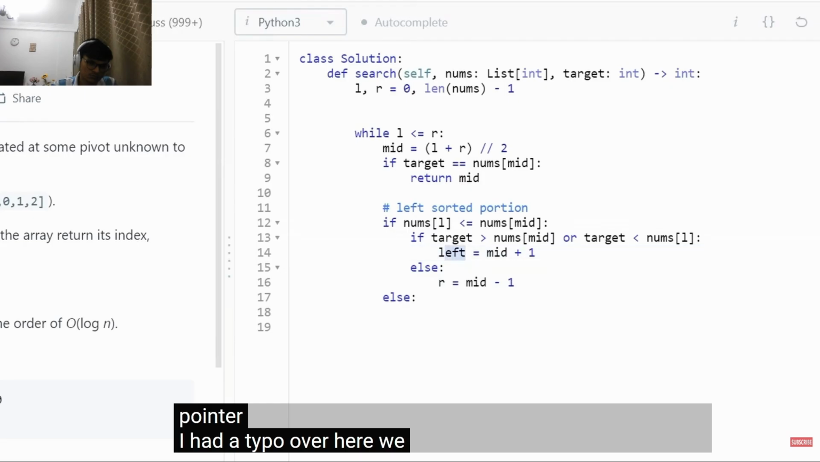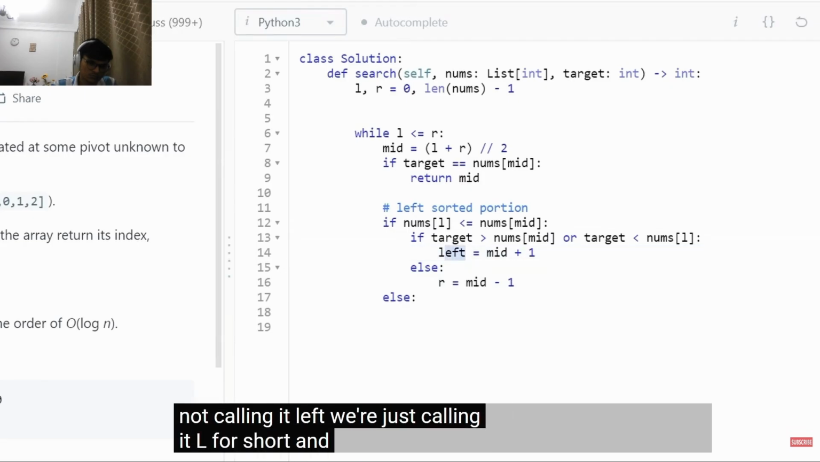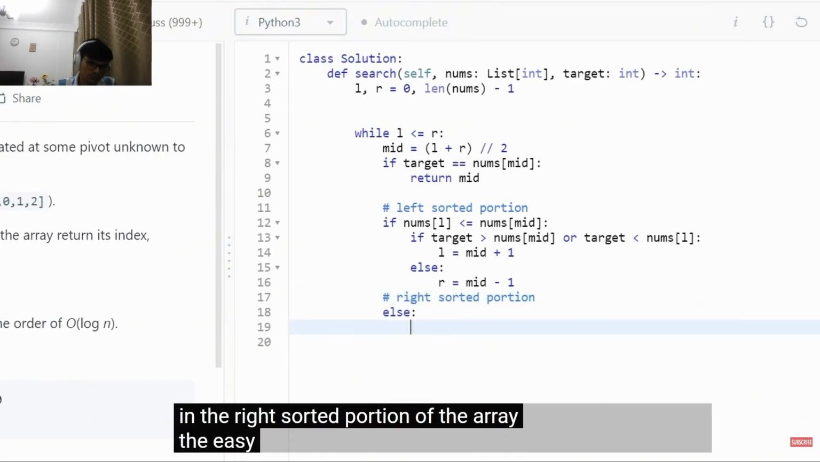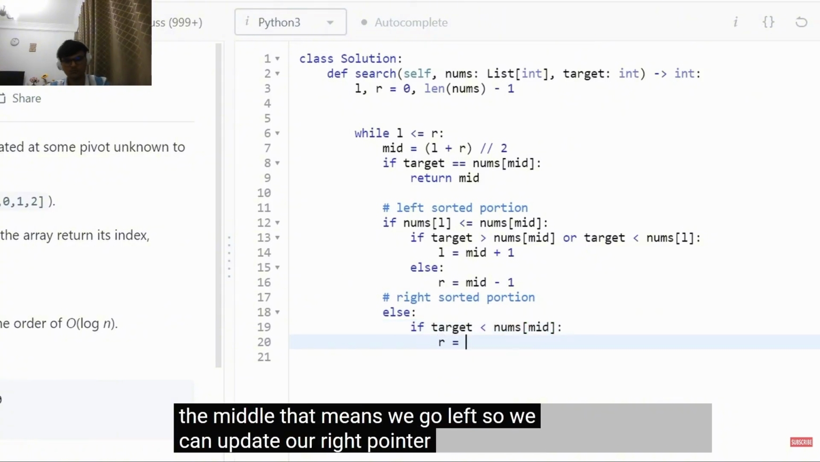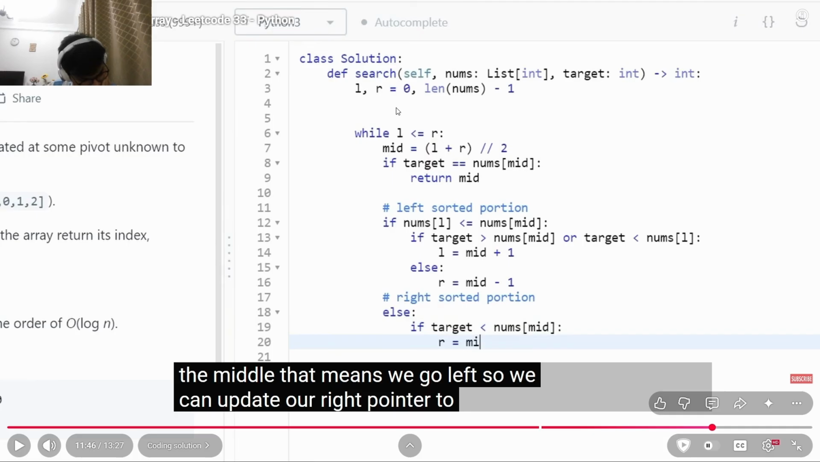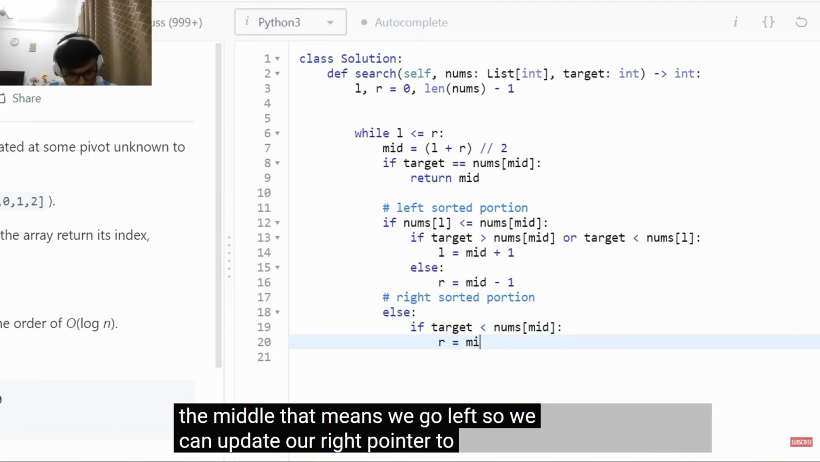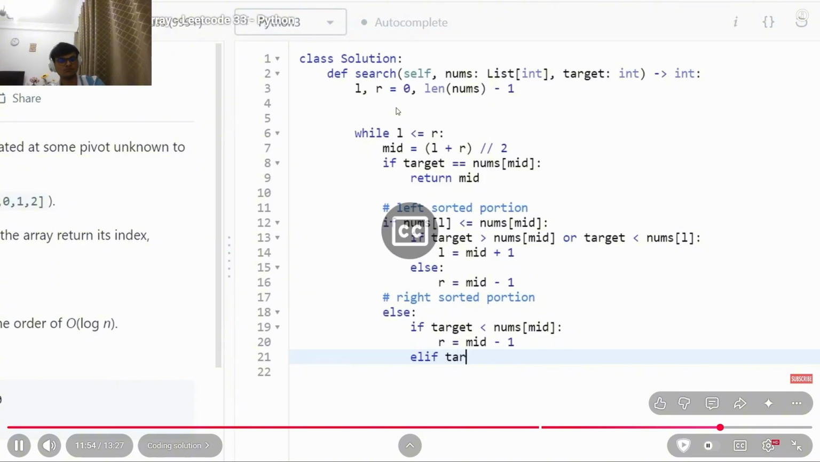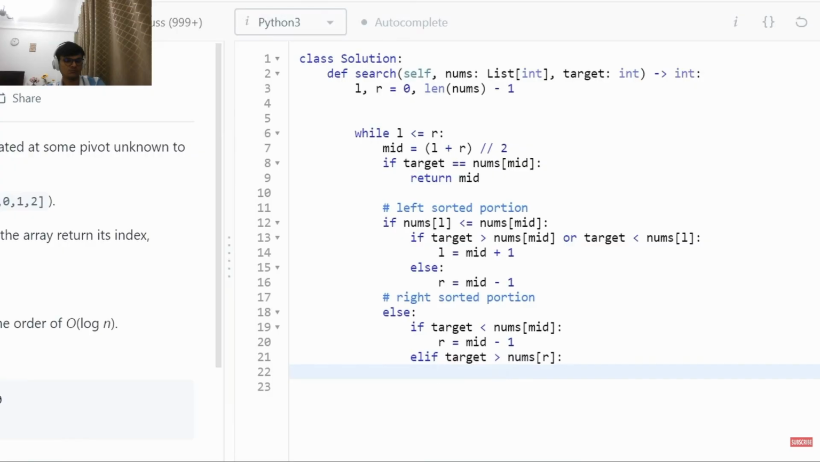I had a typo over here. We're not calling it left, we're just calling it L for short. And so this is if we were in the right sorted portion of the array. The easy thing is if target is less than the middle, that means we go left, so we can update our right pointer to mid minus 1. Then middle, and the target, that means we have to go left